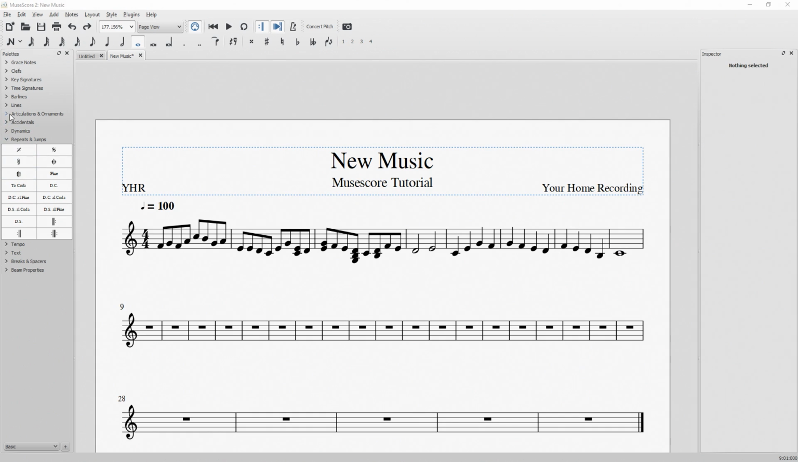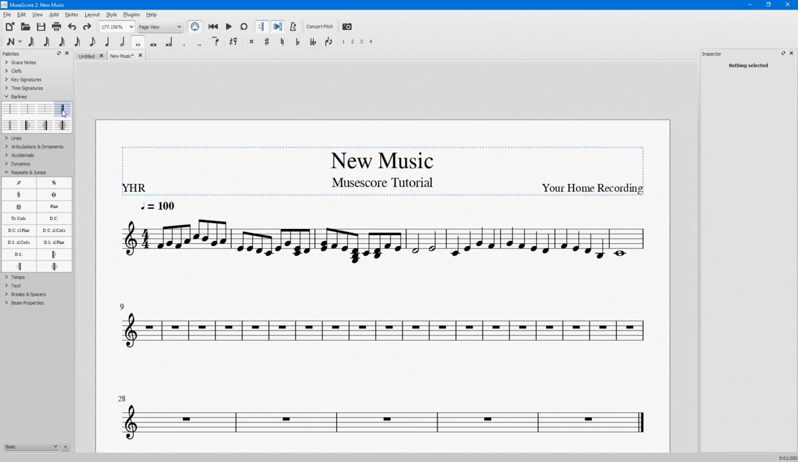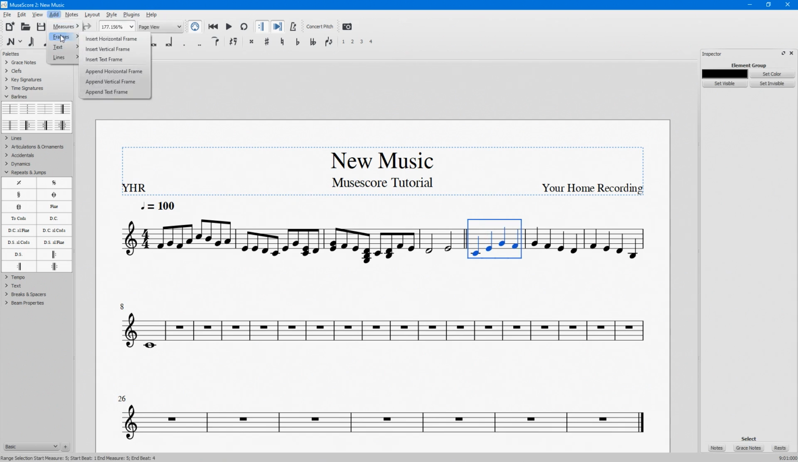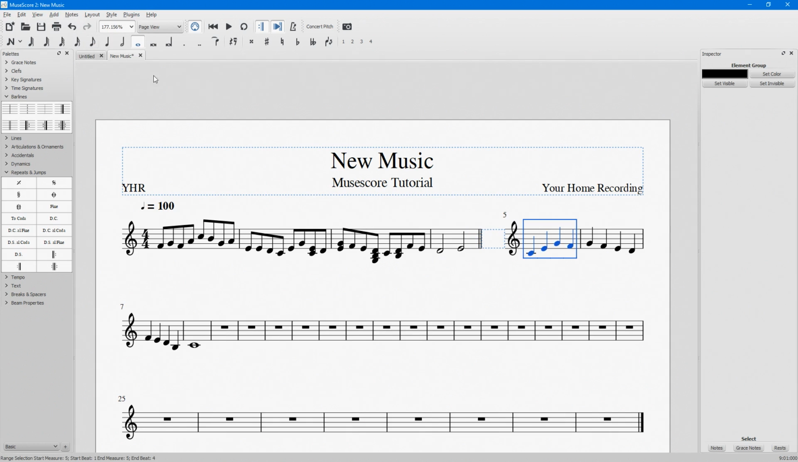Setting up a DC al coda requires a little more work. To do this, we'll set up our first part of our music and end it on a double bar line, which is found under the bar lines palette. Then we need to separate our main section from the coda. Click the measure right after our double bar line. Then go to the Add menu, select Frames, and insert Horizontal Frame. This will separate the